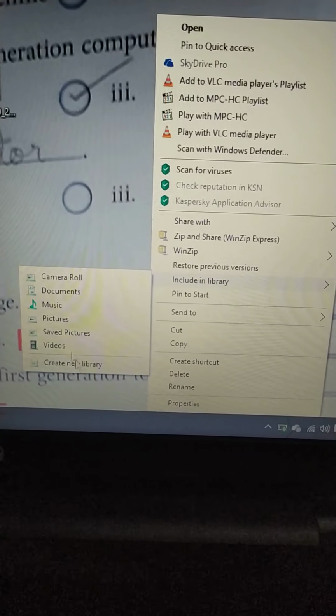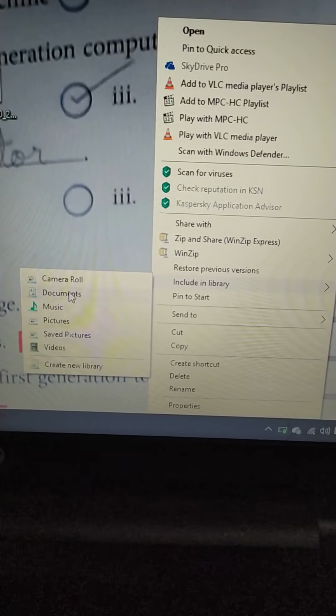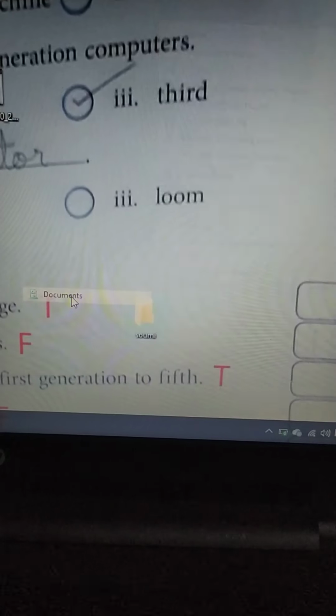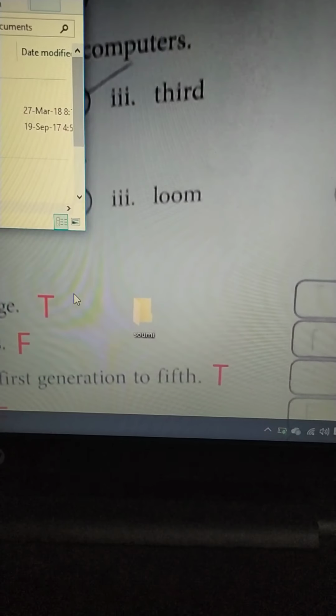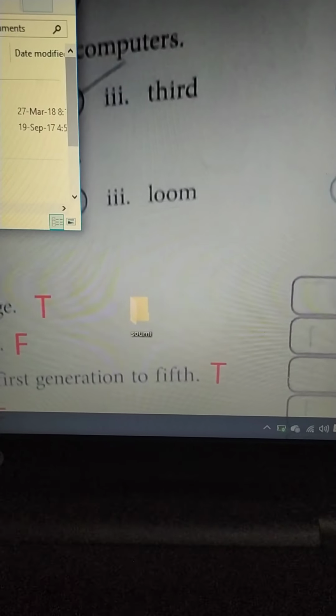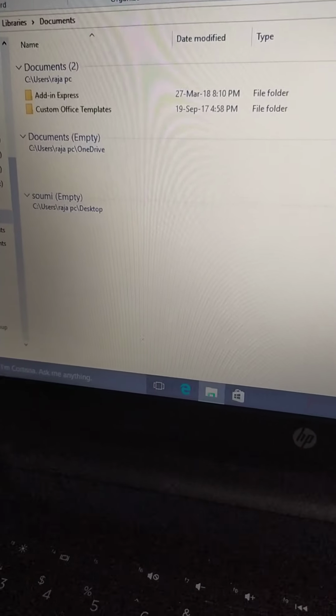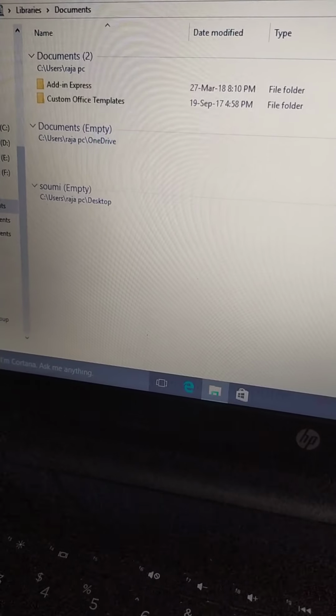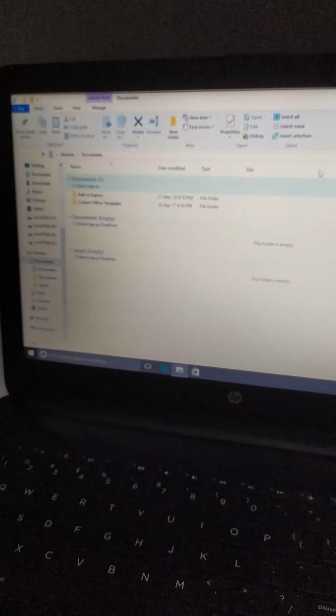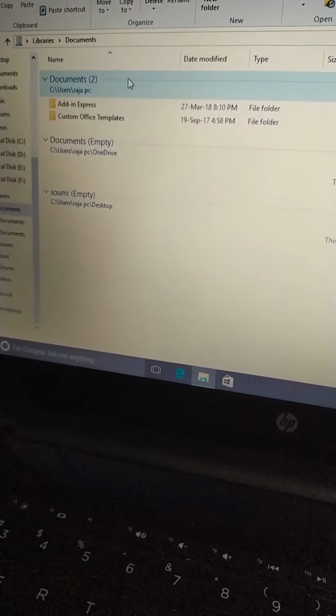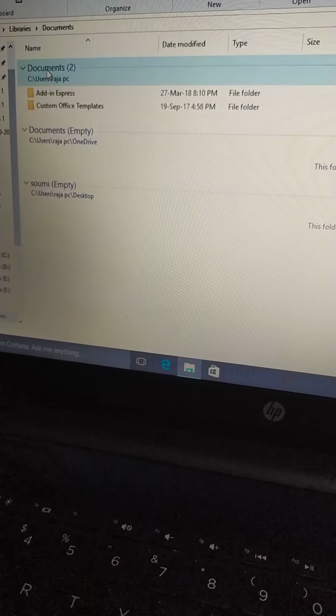From this sublist, we can select the document folder. This document folder window is opened. Over here, we can select